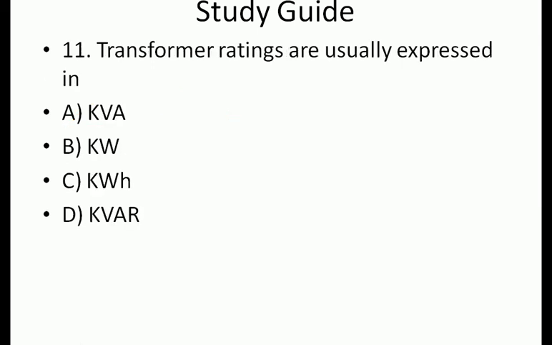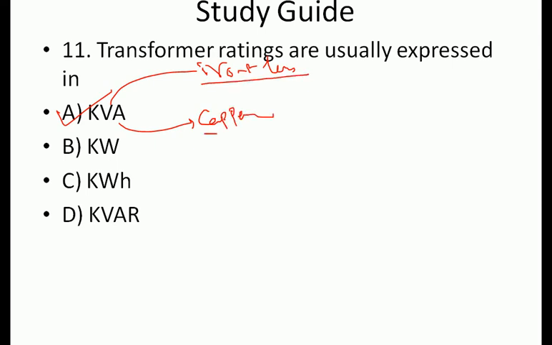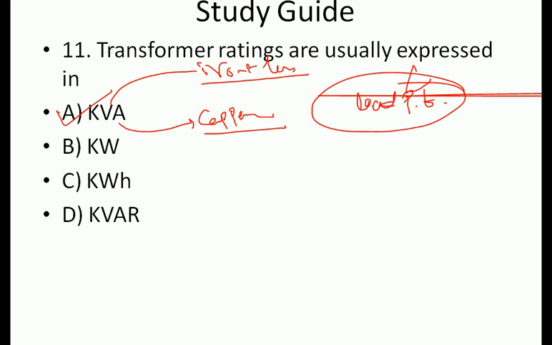Transformer ratings are usually expressed in kVA because the iron losses depend on the voltage, and the copper losses depend on the ampere. So iron losses depend on the voltage, copper losses on the ampere, but the transformer losses do not depend on the load power factor, because when we design the transformer we do not know what the load power factor is. Okay,